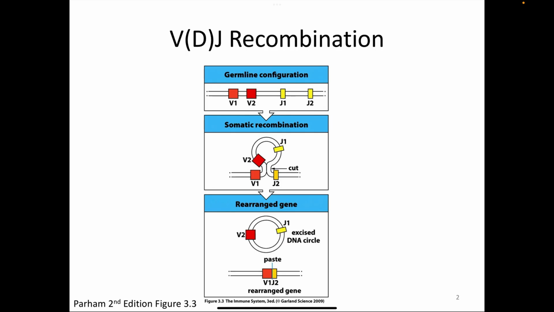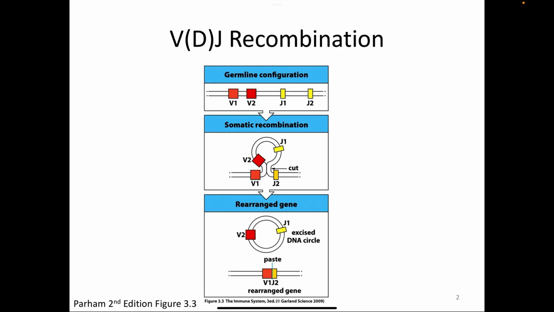In this case, we have a light chain because there's only V and J. If there was V, D, and J, we would have a heavy chain. And you can see that each individual B cell will choose a V region and a J region and paste them together and cut out the DNA in between to make this new coding sequence that codes for